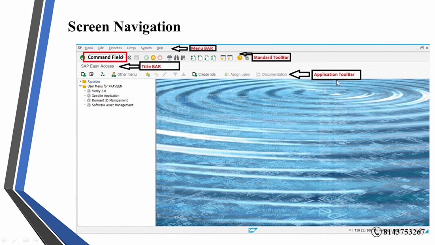Then there is the application toolbar, where some application keys are placed. One highlighted item is the command field, where we enter all the transactions, that means all the objects you want to see or perform actions on. These will be entered here. Clear?